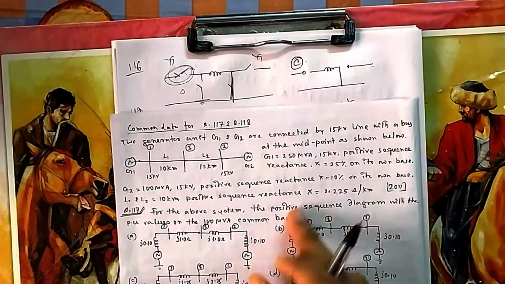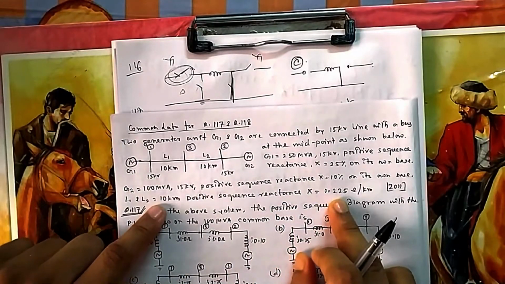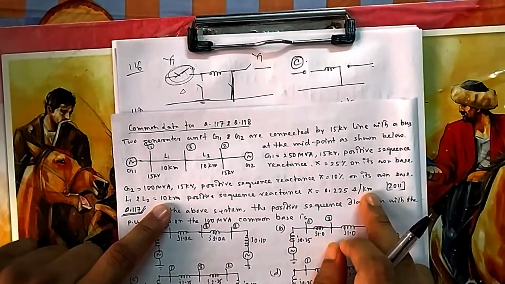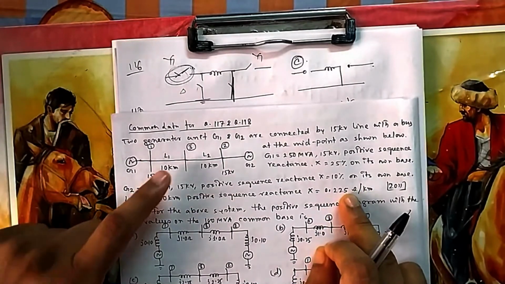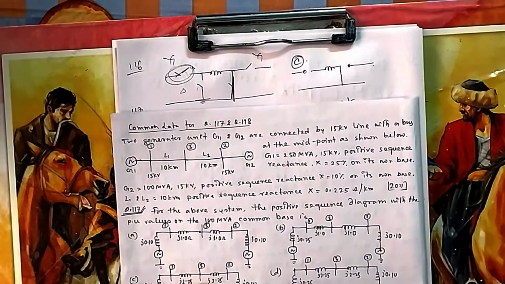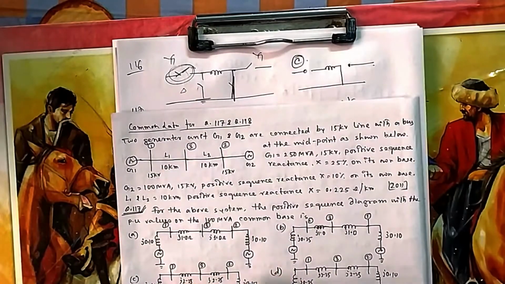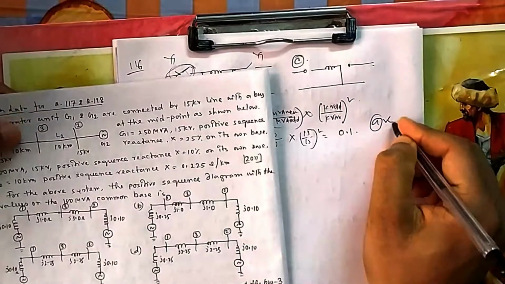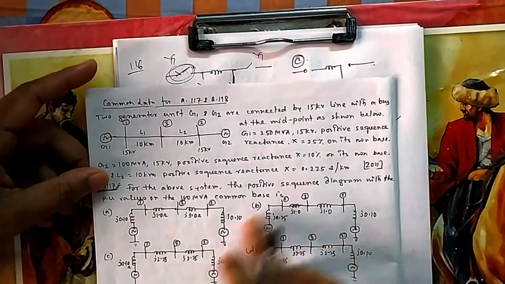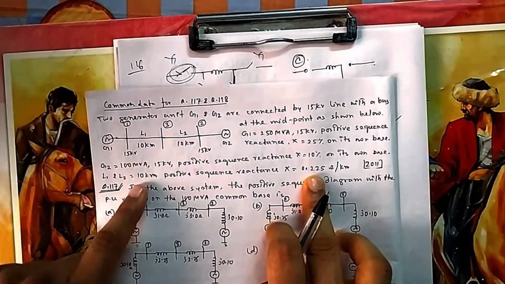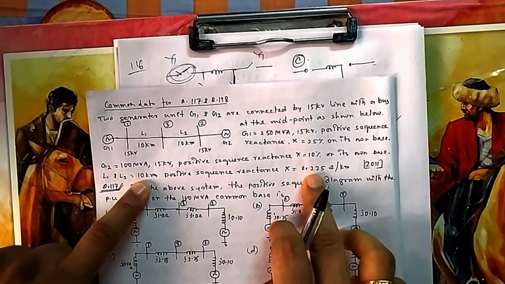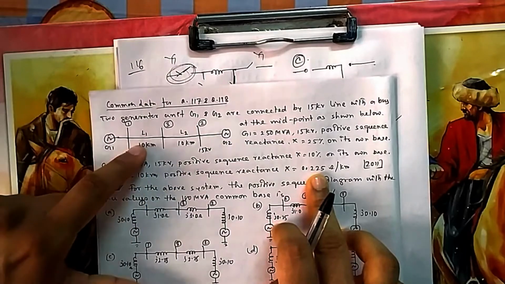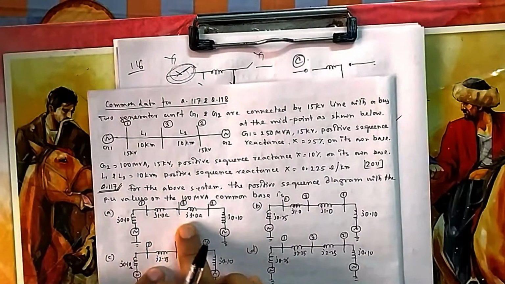And here it is given that the line reactance per kilometer is 0.225. So for 10 km it is 2.25 ohm, and you have to convert it to the base. You see it is directly given here, not converted. So obviously C will not be the answer. Without solving, you can directly say A will be the answer, because it is given as an absolute value, and in per unit it will not be an absolute value. Absolute, it is 2.25, because for 1 km it is 0.225, so for 10 km it will be 2.25 ohm. This is not per unit, it is actual.